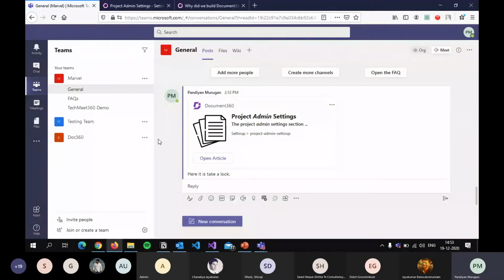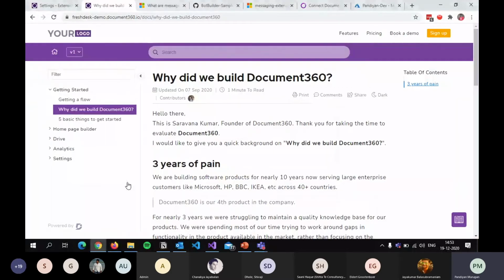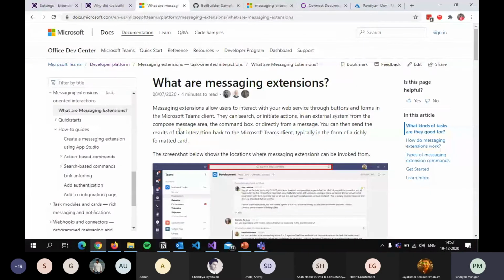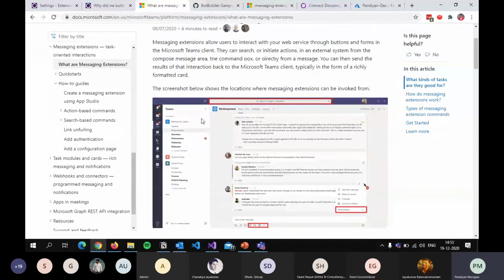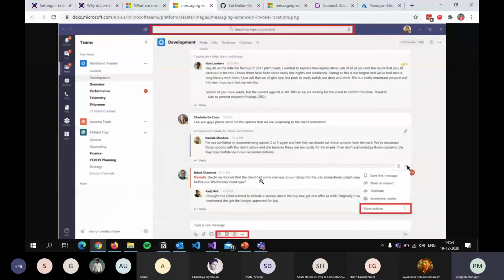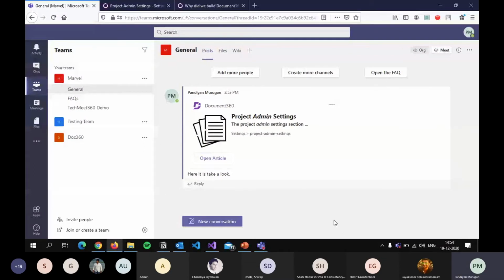Here it is clearly mentioned how we can build a message extension. Basically, what a message extension will do is help you open your app within Teams in three places. The first one is the search bar. The second one is the reply thread, whether it is a channel or chat, or a new conversation. Another one is called more actions. In the more actions menu, you will have some options like this. You can click this, and your app will show up here based on your configuration and the code we write.